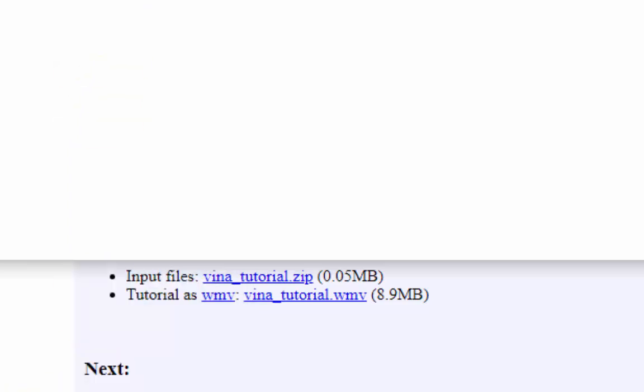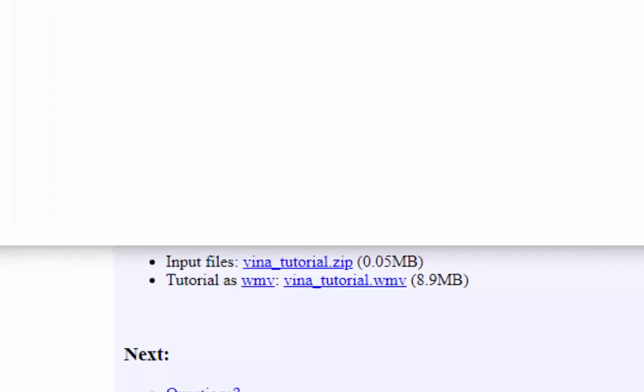Vina is here, which is not what I'm looking for, but I'm looking for the Vina tutorial. Let's see where we can find it. It doesn't matter. We can always download and install. It contains actually two files, and that is the ligand file and the